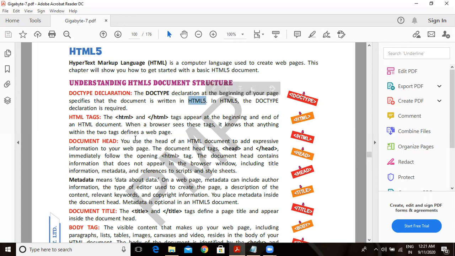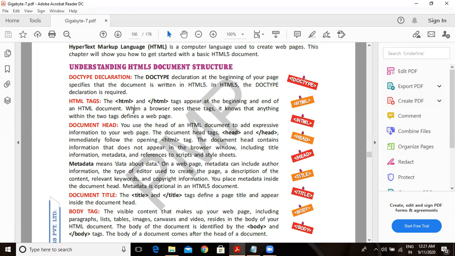Now HTML tags. As we all know, HTML tags are case insensitive. Insensitive means I can write it in the capital letters or small letters. Suppose here is this tag HTML. Now this HTML tag is written in the small letters. If I write it in capital letters, will it work? Yes, of course it will work. And all the tags of HTML are enclosed in less than greater than symbol, which is angular brackets.